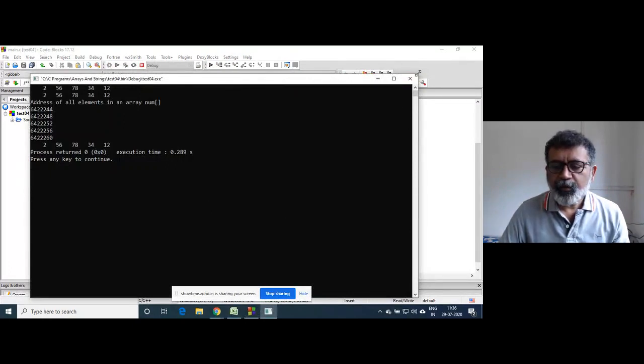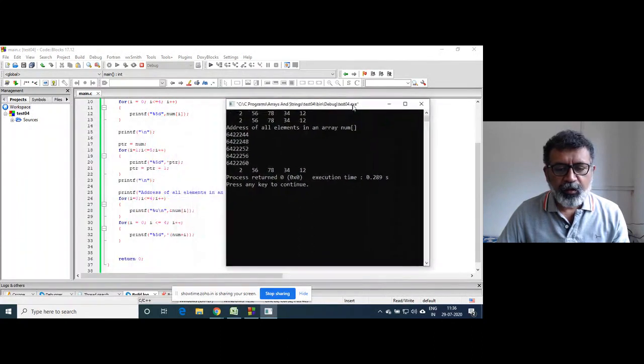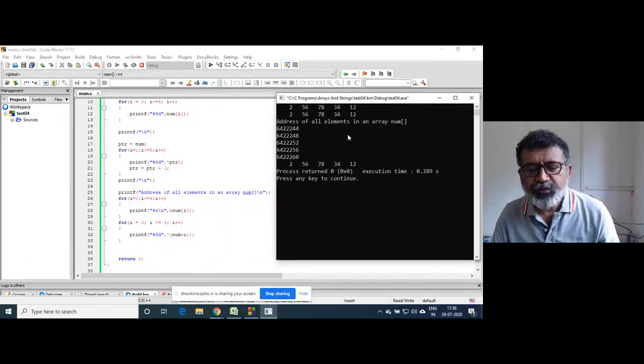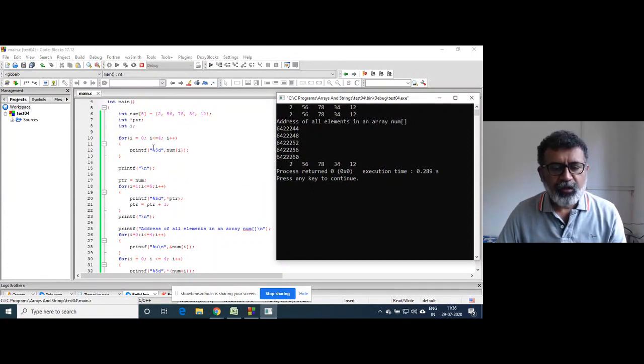This is no problem, because we have seen that using num of i, in the basic program using array index, we printed the whole array.